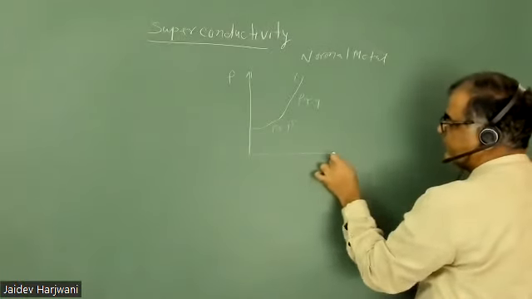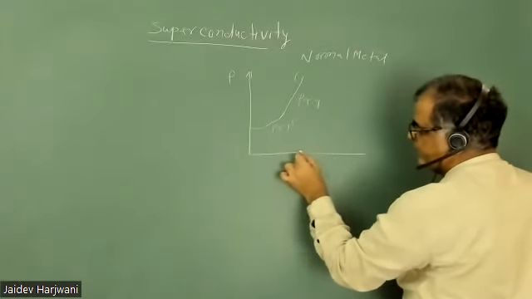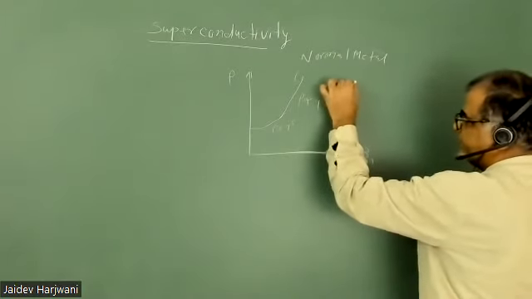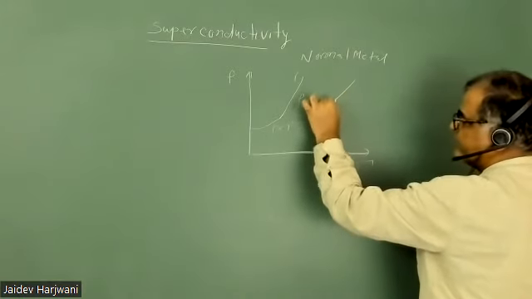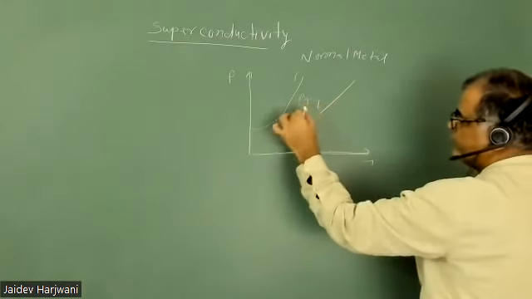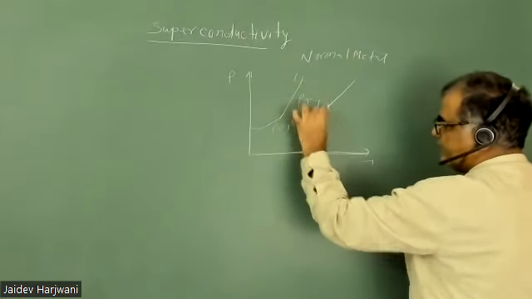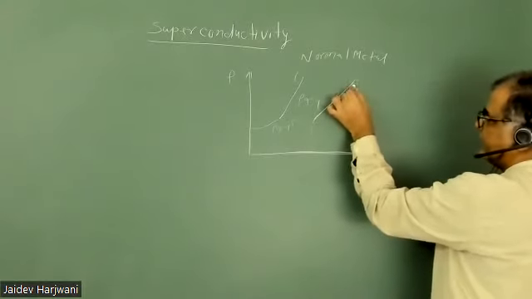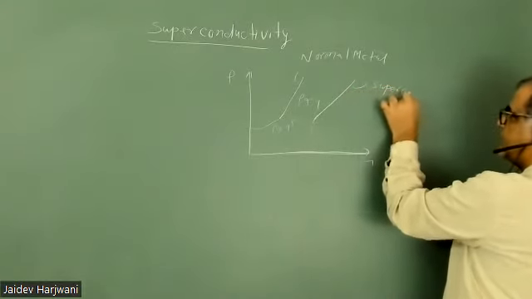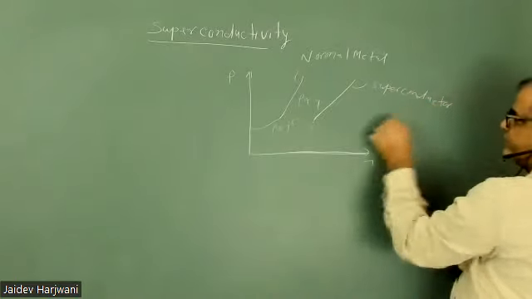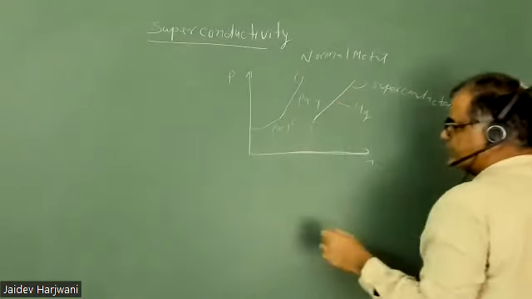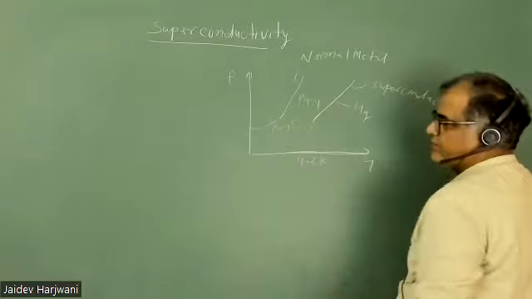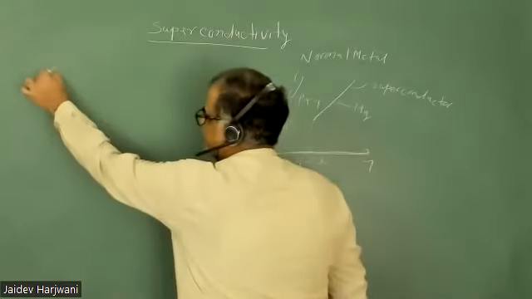Now, there are some materials like superconductors. If I see their resistivity versus temperature plot, at high temperature, they have a normal metal type of behavior, and when you cool them, suddenly their resistivity comes down to zero. So this graph I'm plotting for a superconductor, and this is for mercury, whose critical temperature is 4.2 Kelvin. Superconductivity was discovered